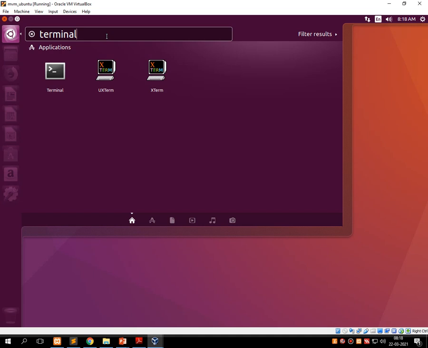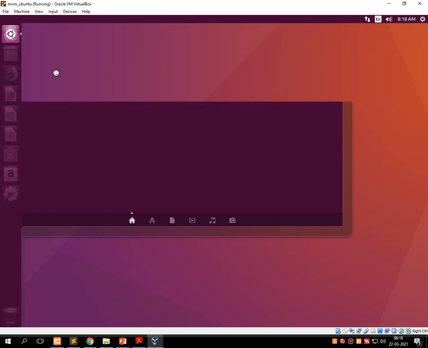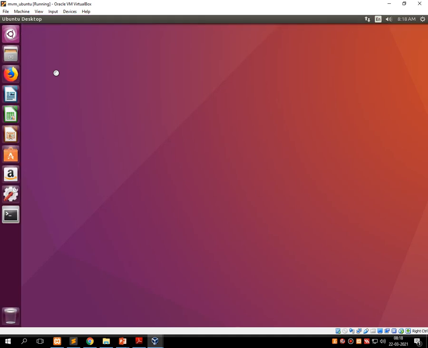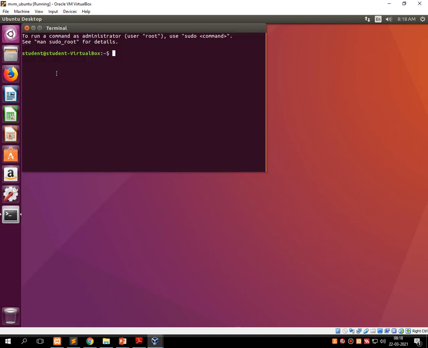As you can see on the screen, into the search window I have typed the command called terminal, and as the first icon you can see this terminal window. Just click on that terminal window. Once you click on it, the search window will disappear from the screen, and after a few seconds it will open our terminal window, which is almost similar to our DOS command window. I will show you the comparison as it gets loaded onto the screen.